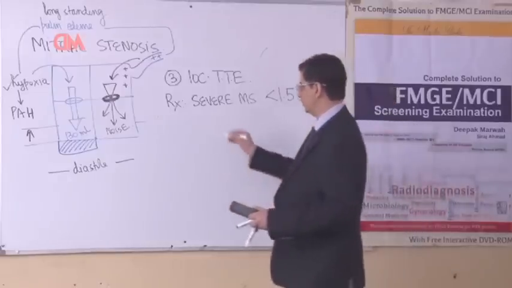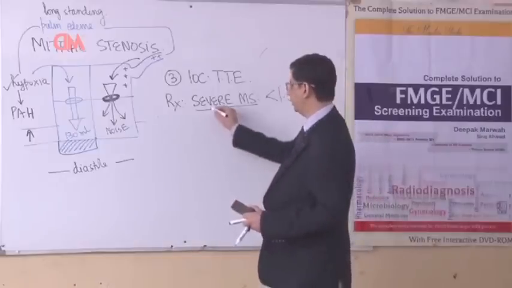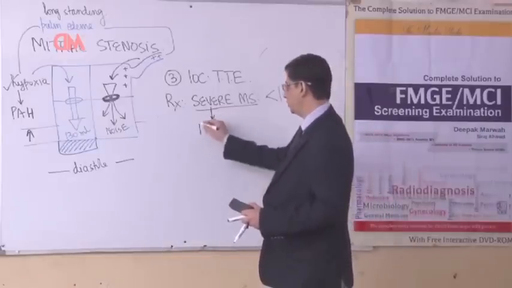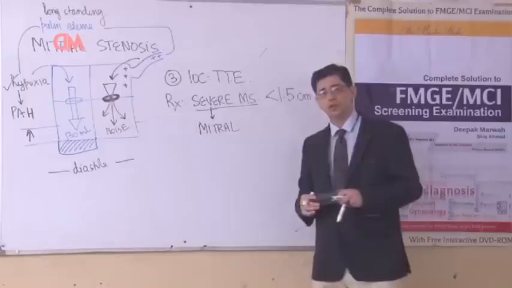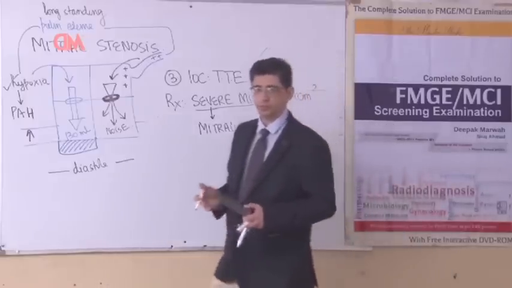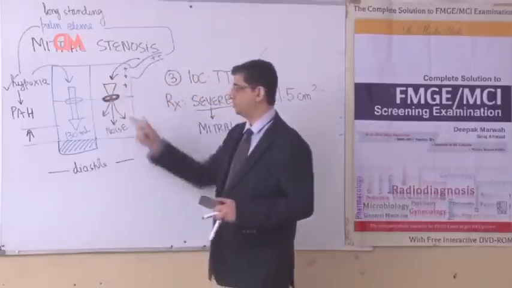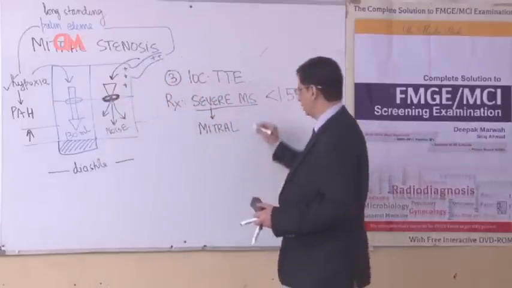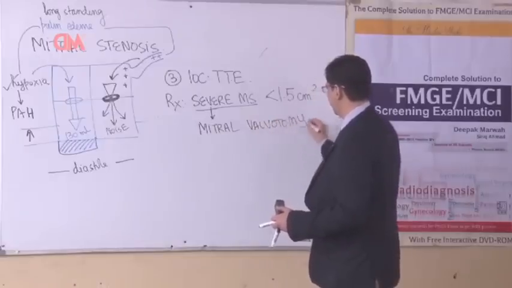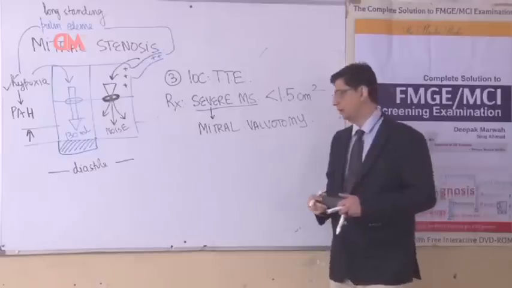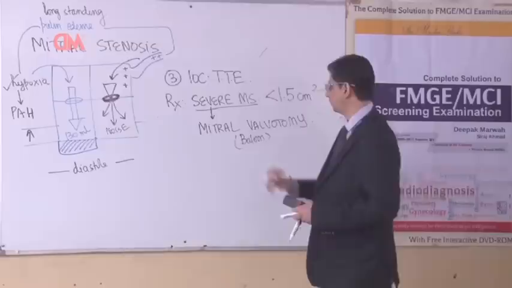So if the question is asked as what is the best treatment for severe mitral stenosis, then to treat the pulmonary edema component of the patient, we will have to change the mitral valve of the patient, or we will have to dilate this opening. So in the MCQ there can be two options. One can be a prosthetic valve, second can be a mitral valvotomy. The basic point is we deploy a balloon in this area and we dilate the small opening, and therefore in the MCQ, if the simple question is what is the treatment of choice for severe mitral stenosis, it is a mitral valvotomy. In a mitral valvotomy, we are basically going to deploy a balloon and dilate the mitral valve orifice.